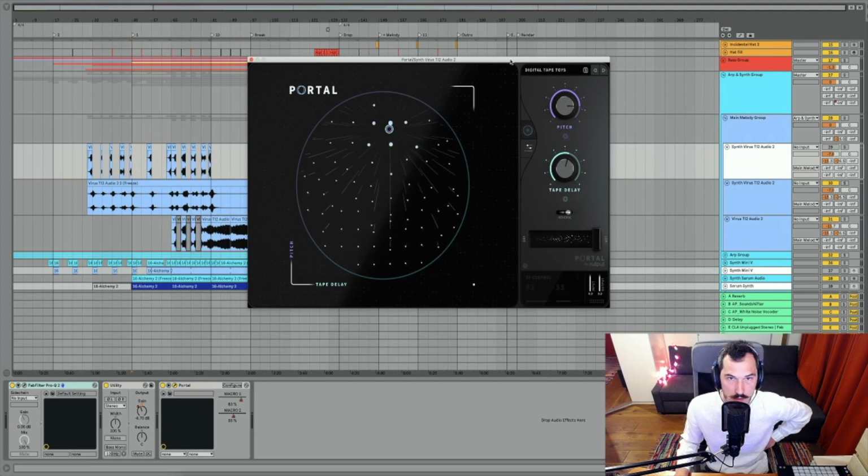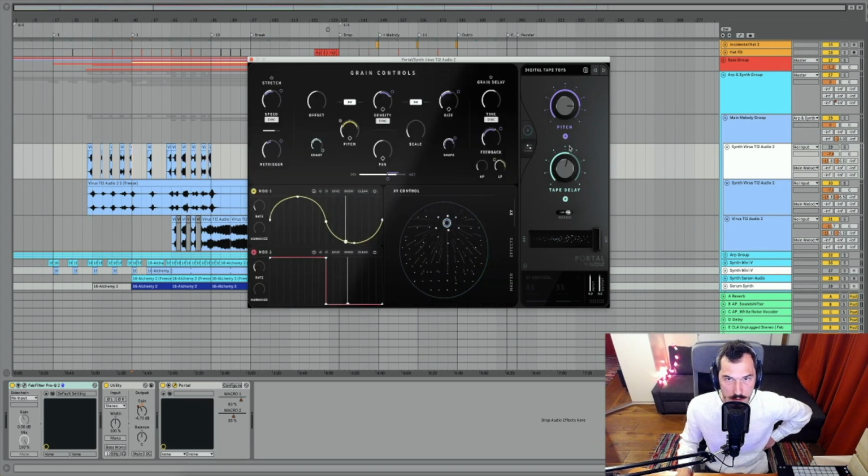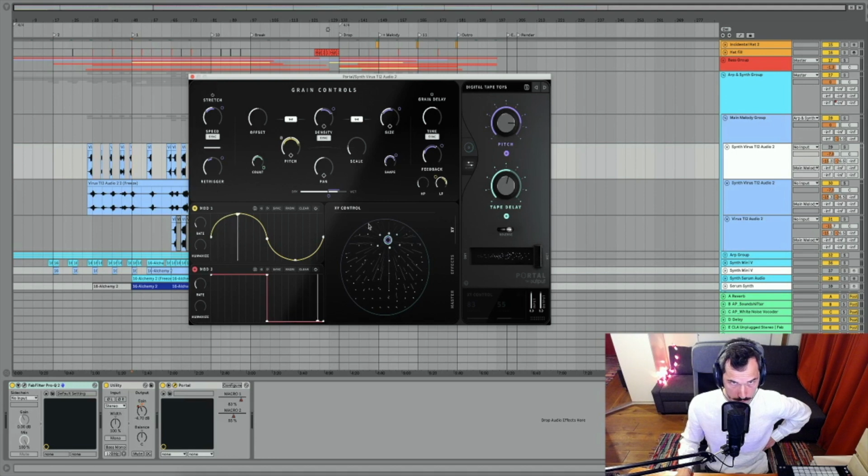It has a lot of envelopes and modulations and stuff, you can add LFO on any of these elements that you have here and effects,